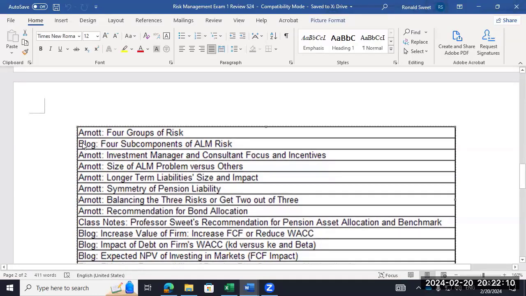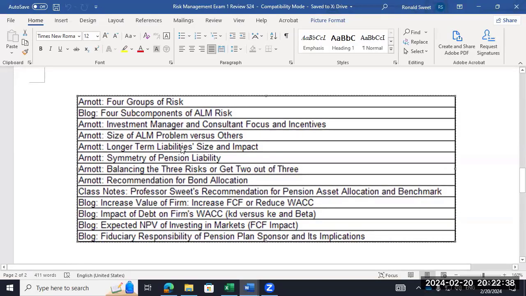Of ALM risk, what are the 4 risks there? Arnott only talks about one of them. What does he talk about? Interest rate, inflation, and I didn't hear the first one, but longevity. Yeah. Interest rate, which is the only one Arnott talks about. Inflation, he does talk inflation a little bit, but anti-selection, right? He doesn't talk anti-selection at all. All right, so you talk each one of those.